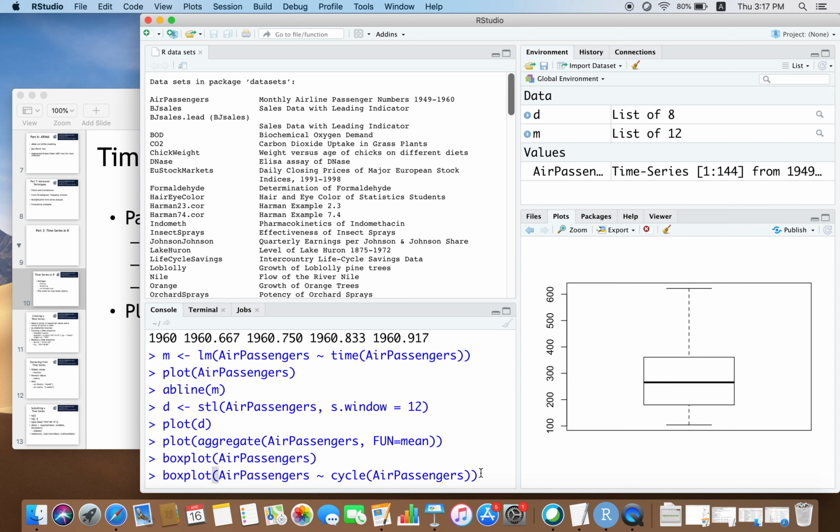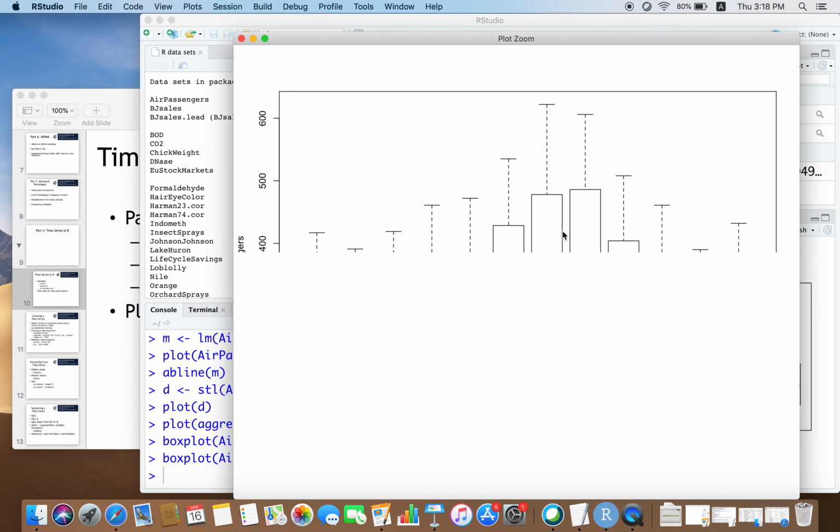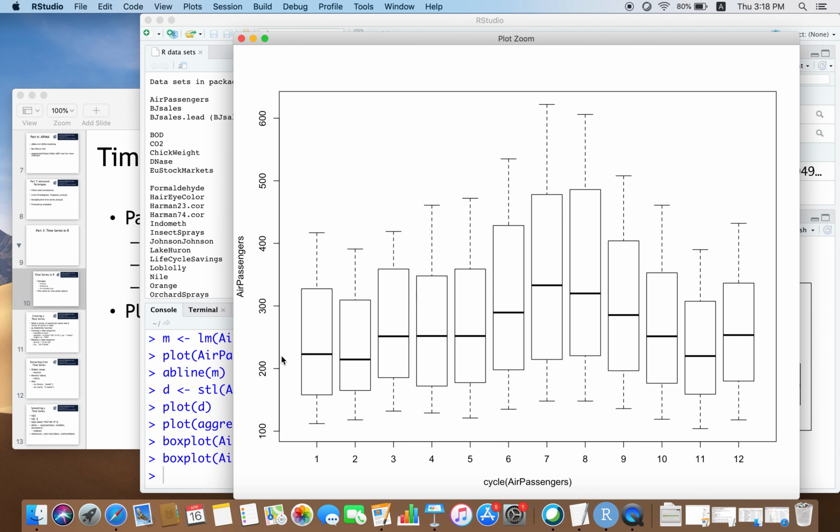Now the magic happens. In this one line of code, where instead of just calling box plot, I have done box plot air passengers tilde cycle air passengers, I get this wonderful 12 box plots month wise. So across the years, month wise, it generates a separate box plot for January, a separate one for February, and so on and so forth.